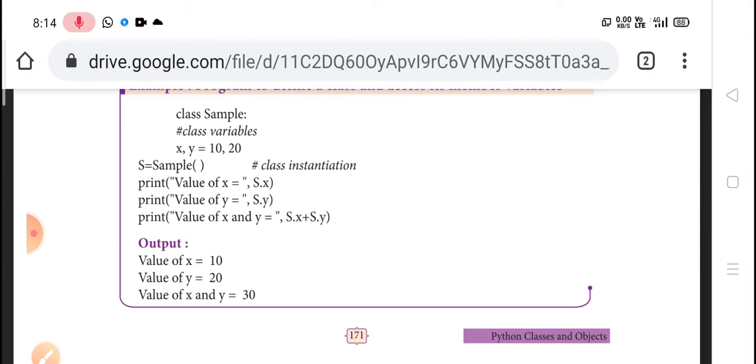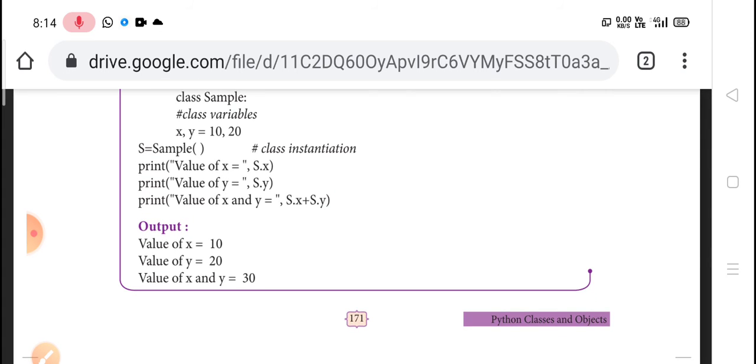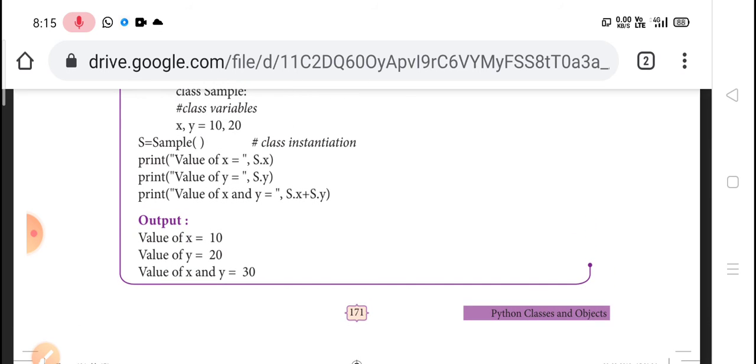Del f dot display should not be used to display the output. That is the proper answer here. The exact correct statement in that place is f dot display, the last statement is correct, but del f dot display is an incorrect statement, so you avoid that statement. Okay, that is the error. You must write the point: del f dot display should not be used to display the output.